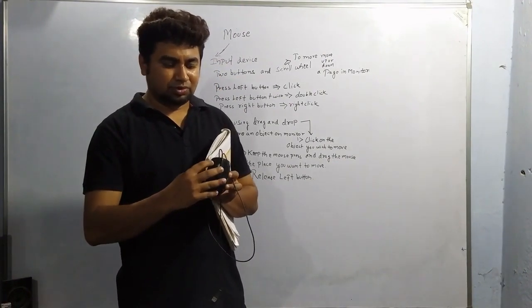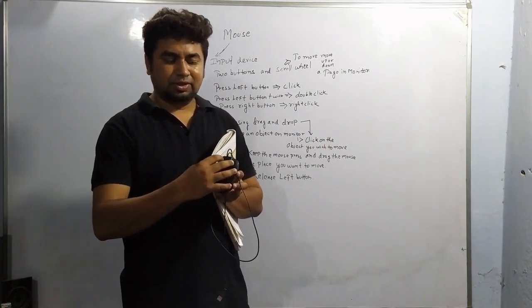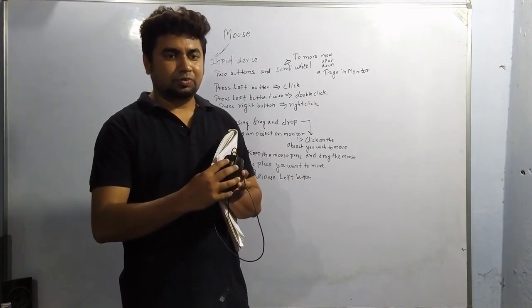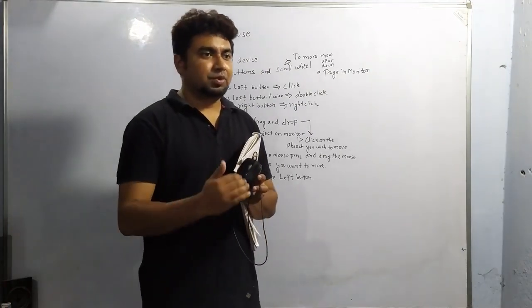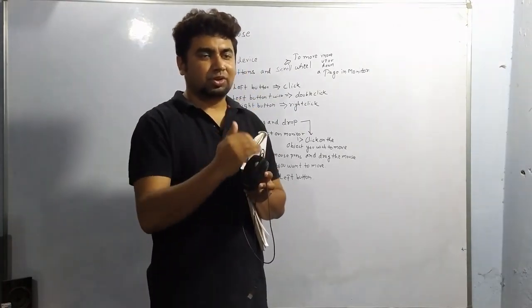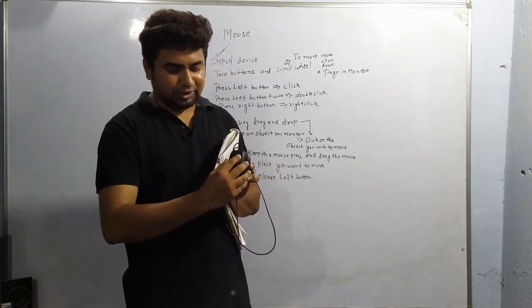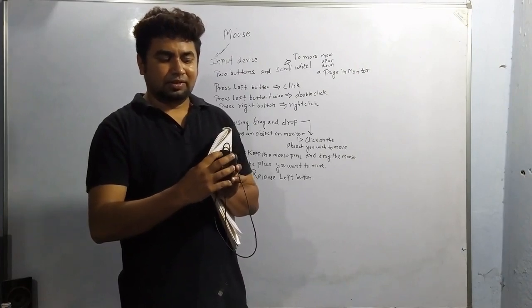So it is mouse. So we are using mouse, and these are the three things. These are two buttons and one scroll wheel, with the help of which we are moving up or down the page in a monitor. If you want to view the things which are up or down, you are using the scroll wheel. This is the wheel which I am rotating right now, and this is left click.